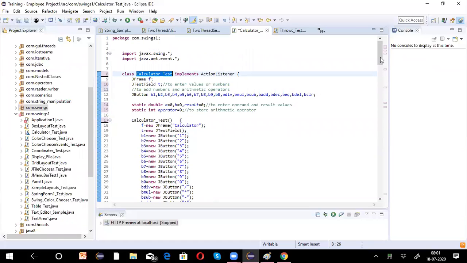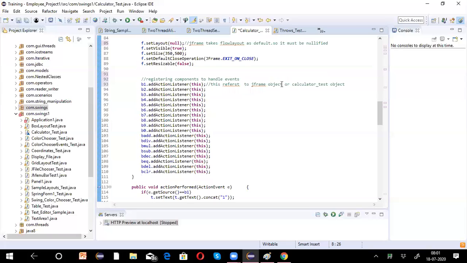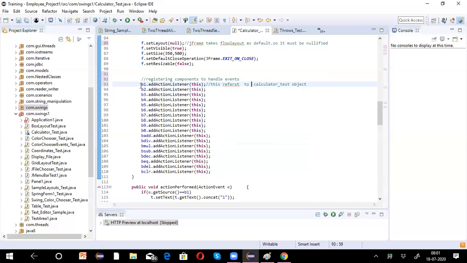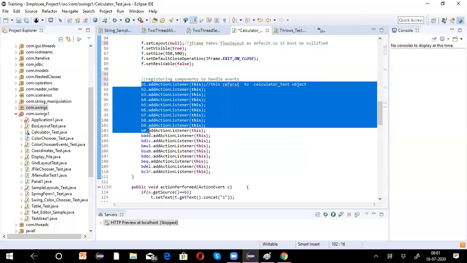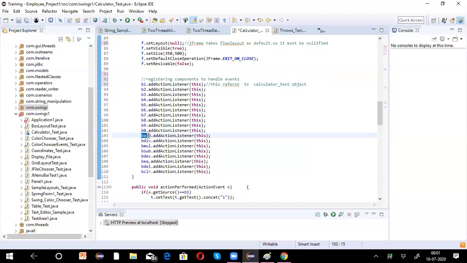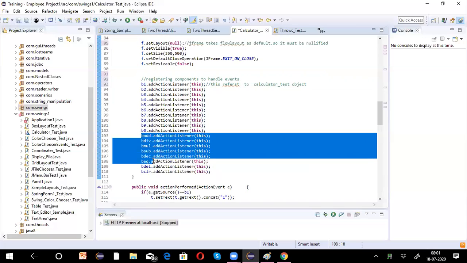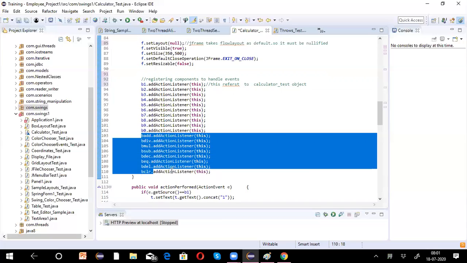So instead of writing JFrame here, you can say CalculatorTest. This refers to the CalculatorTest object. So here, this object of CalculatorTest is responsible for handling the event. Now for all the buttons we have taken this. Buttons 0 to 9, and then addition, division, multiplication, subtraction, deletion, equal to, clear, and decimal.